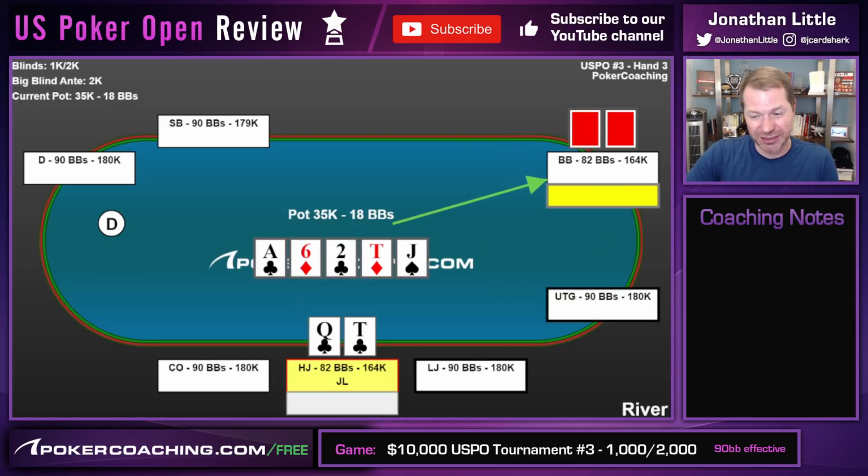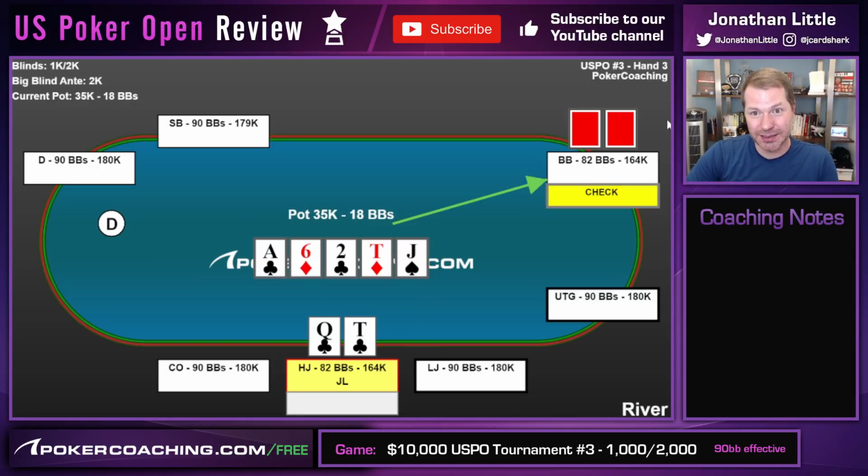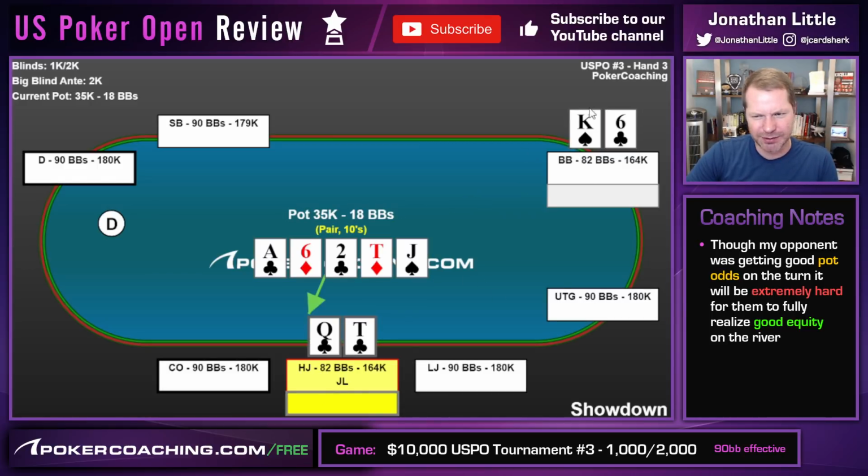I don't think my opponent necessarily could have done much different here because if I bet small like this, he's getting really good odds. But his equity realization is going to be very, very bad in this scenario with this type of hand. And even when he gets there sometimes, he's going to have big reverse implied odds. So pretty rough spot. And to be fair,